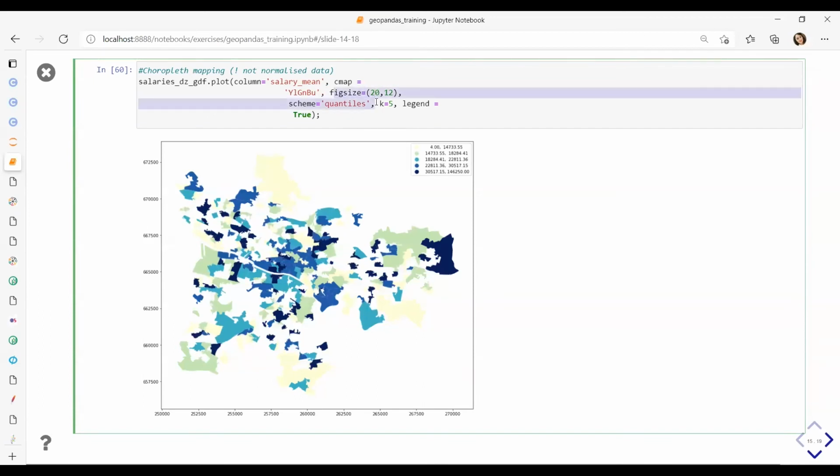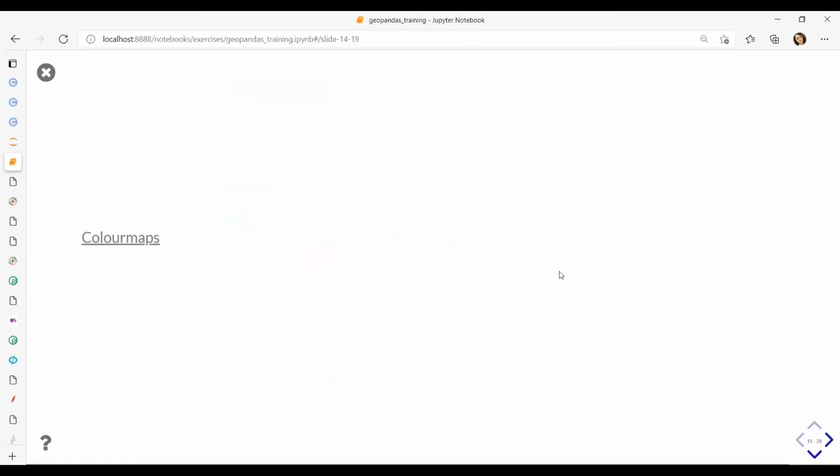Figure size is set up on this line, and for the scheme, I'm using contours. So this is our distribution of average salaries between data zones in Glasgow. Again, blank spaces are those data zones where no information was available.